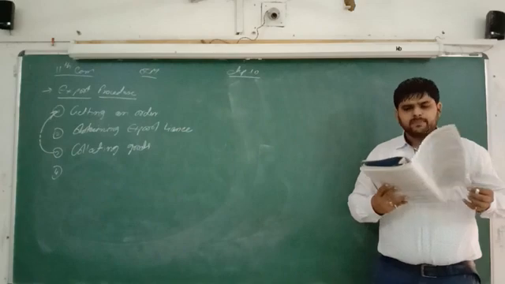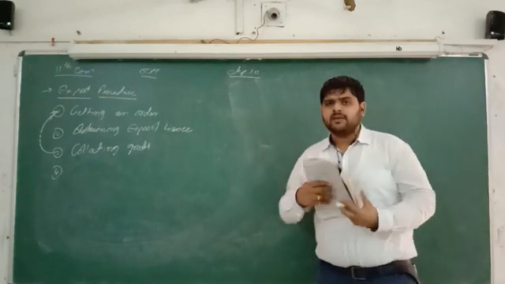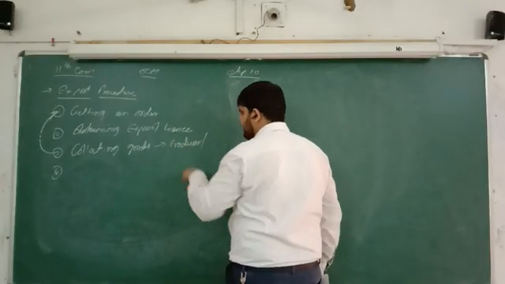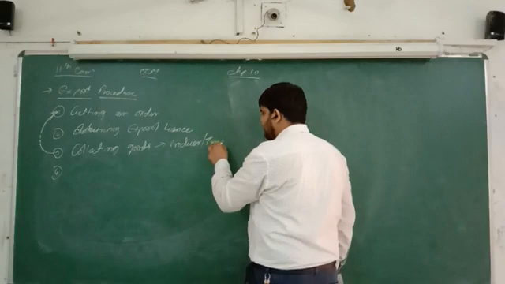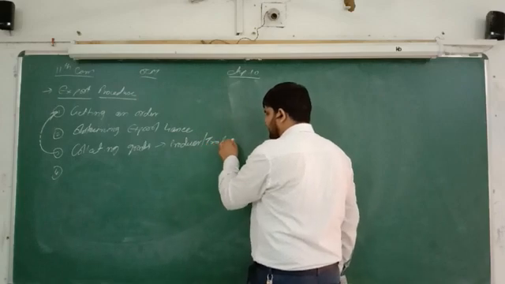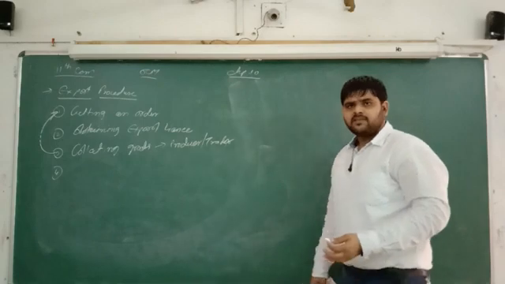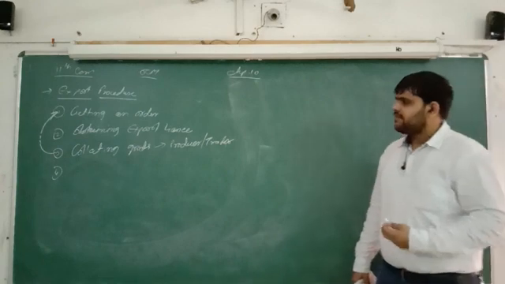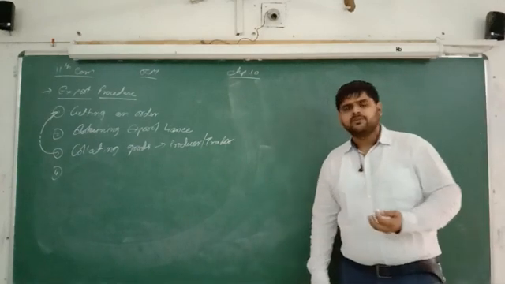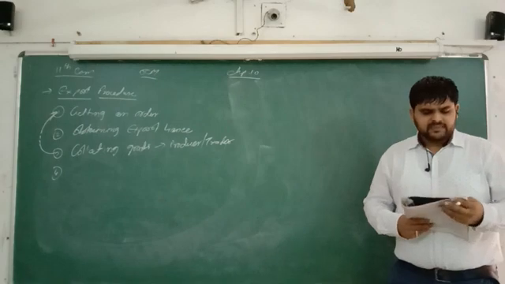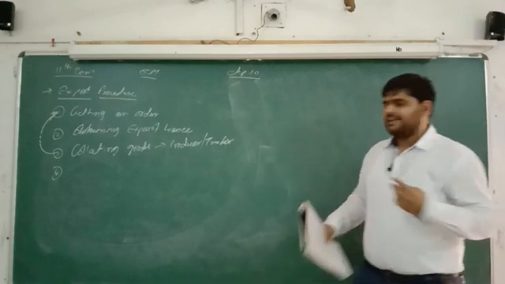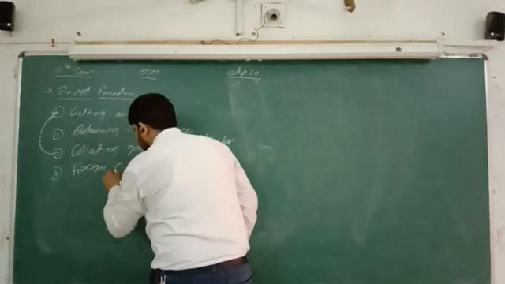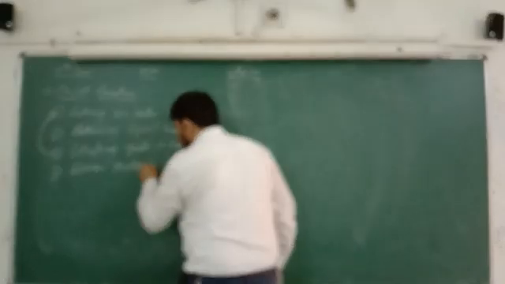So two things are there. Either the exporter is a producer, so he produces the goods, or he is a trader, so he can purchase goods for supply. So two options are there, either producer or trader. So the third point is collecting goods. Next, number 4, foreign exchange activity.